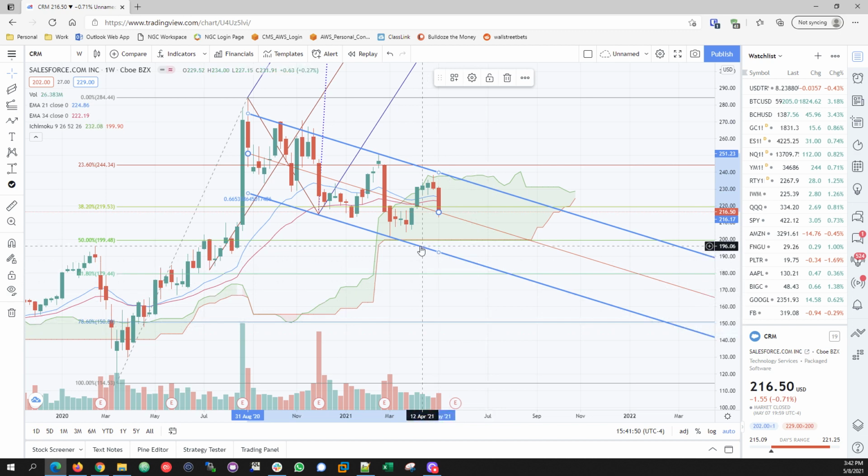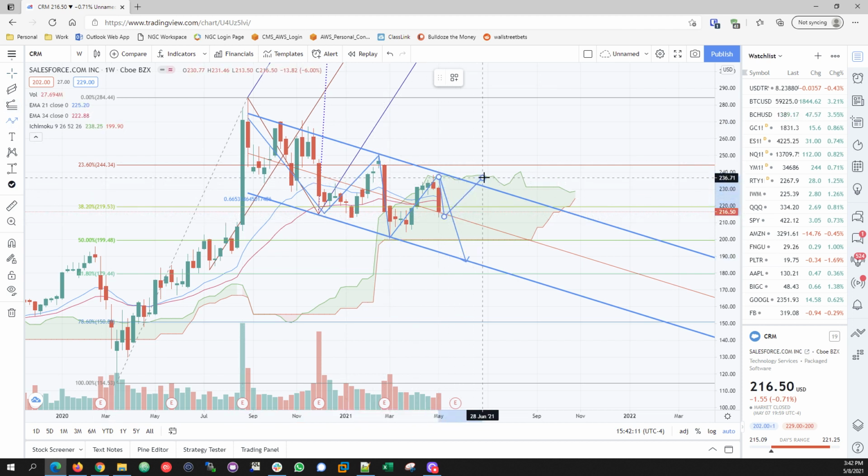Alright, so as you can see the trend line here: up, down, up, down, up. It could hit like this, okay? Or another possible scenario is that you can have the bounce up from the midline and then retry the cloud top, okay? So that would be a second scenario.